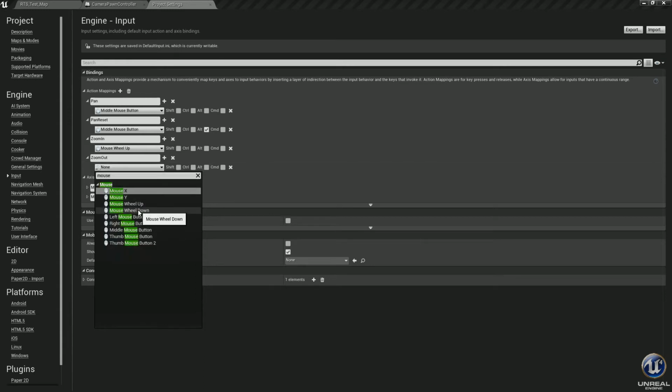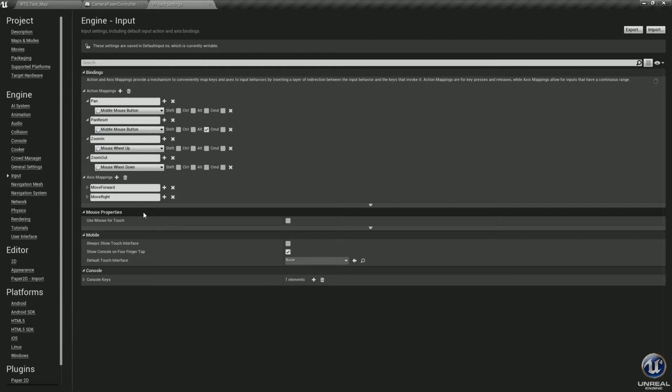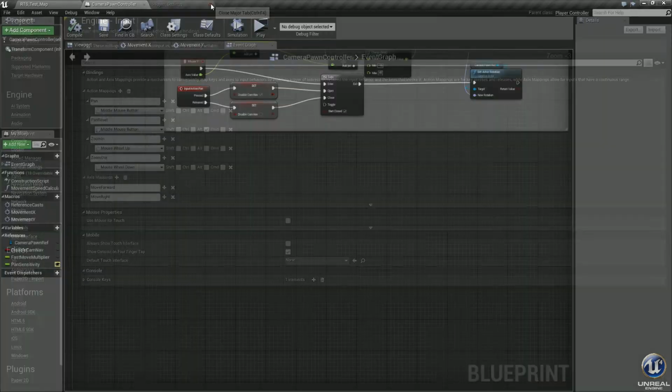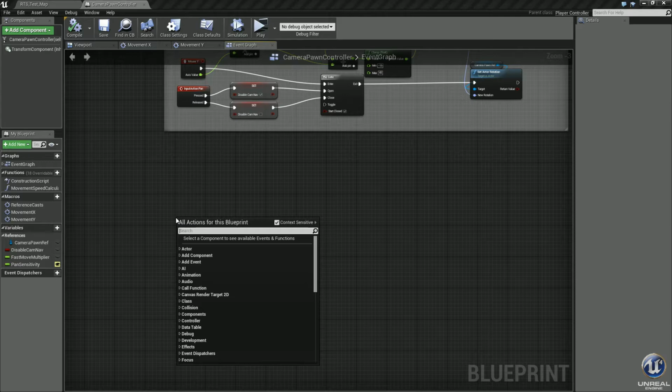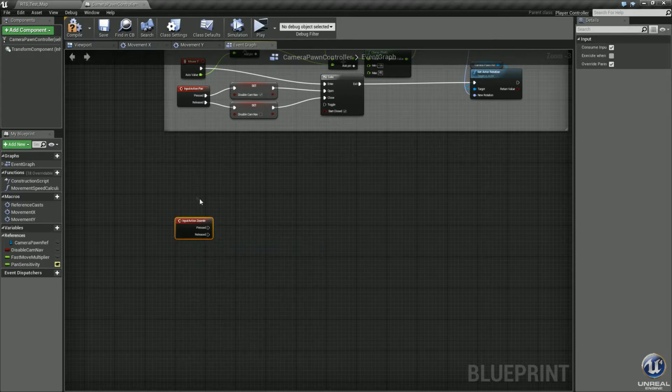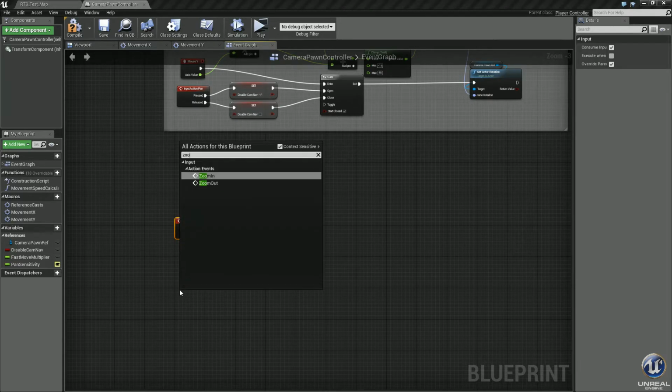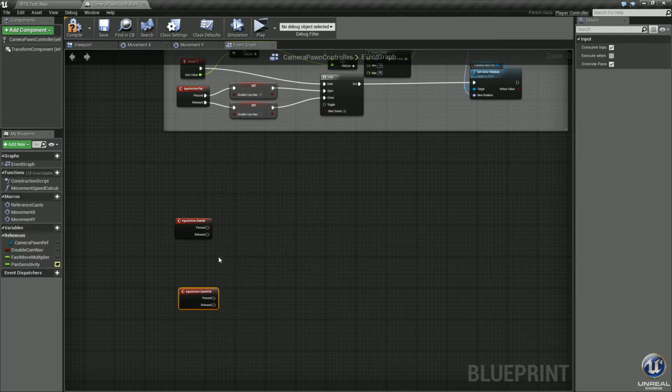I know that sounds weird because you can click the button, but we've got the middle mouse button, that's what that one does. Mouse wheel up and down is when we use the scrolling on it. Go ahead and head back. We can close that; I don't think we need it again in this video. Go ahead and right click. Let's do Zoom In, and then we'll do Zoom Out.